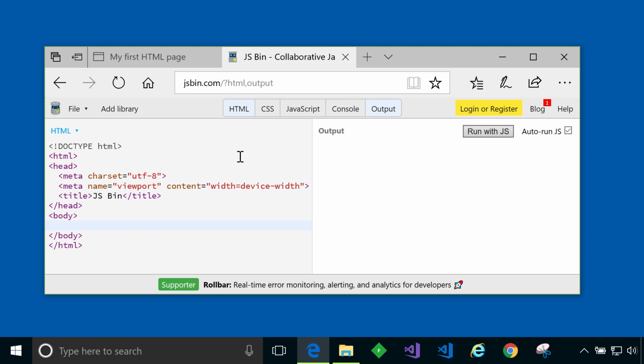Here you can see there's a panel on the left, which is a HTML panel to edit HTML code. And on the right you have an output panel that will eventually display whatever code you write on the left hand side. And the site can cater for other languages such as JavaScript, CSS and so on. And you can also share code snippets and do lots more. I'd encourage you to browse around, but for this exercise we're just going to use the site in this simple